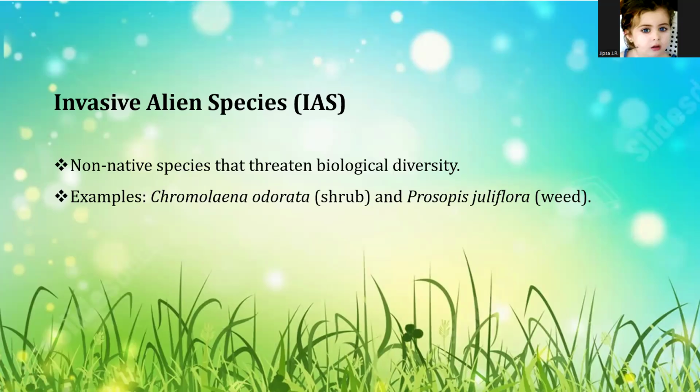The second example is Prosopis juliflora, a mesquite-type shrub or small tree. Main impact: while it was originally introduced in many places for fuel wood and fodder, it has become a superweed. It has a deep taproot that depletes groundwater levels and aggressive thorns that can displace native pastureland, making the land unusable for livestock and native herbivores. The main takeaway is an alien species only becomes an invasive species when its presence results in negative impact on the environment, economy, or human health.